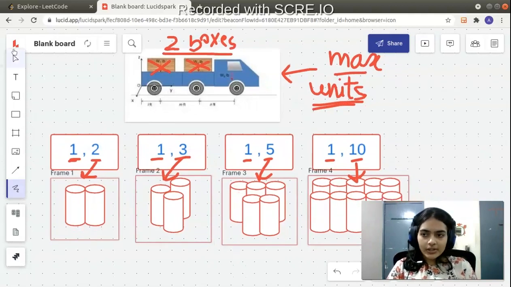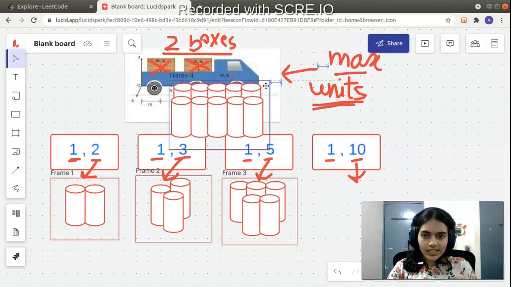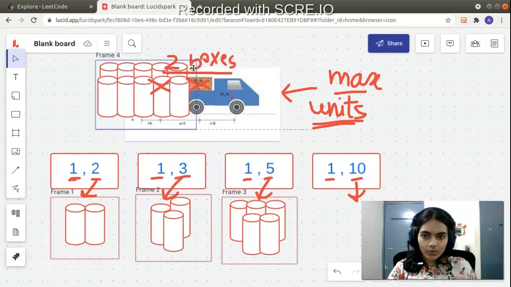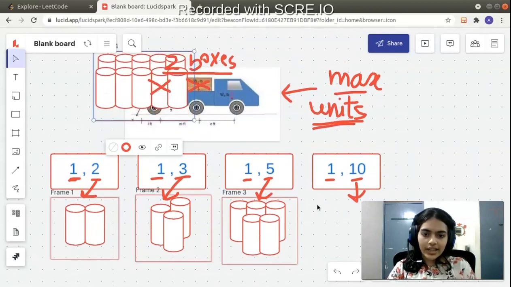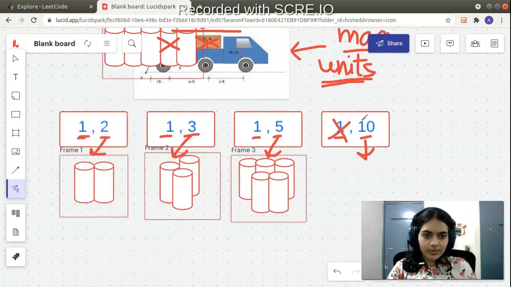So here it is going to be very obvious. We are going to select the box which has maximum number of units. So which is the first box that you are going to select? First box I am going to select this one because it is having 10 units inside. So that will maximize my units among all the choices that I have. Okay, so after this is over, I have picked one box. I have picked the first box which was having most number of units, which is 10 units.